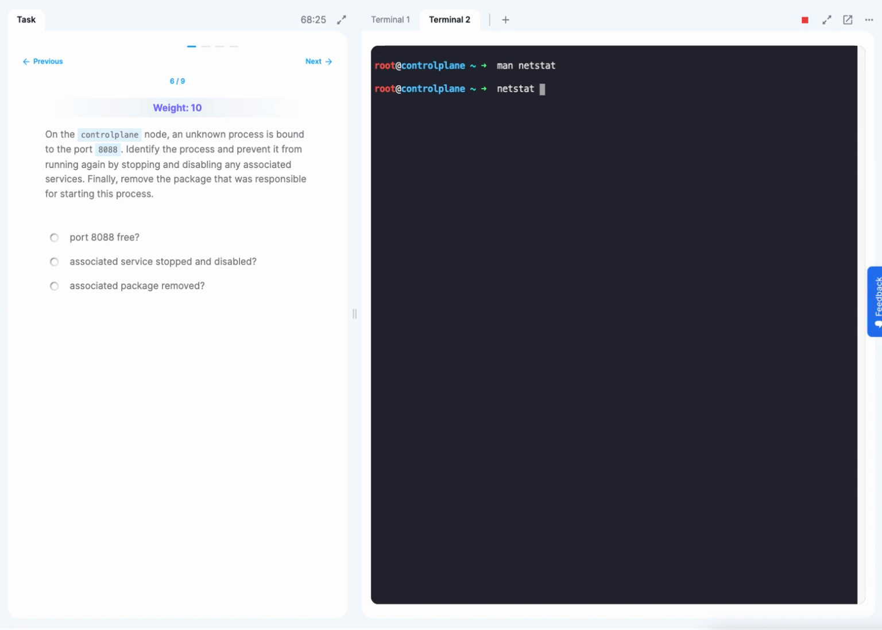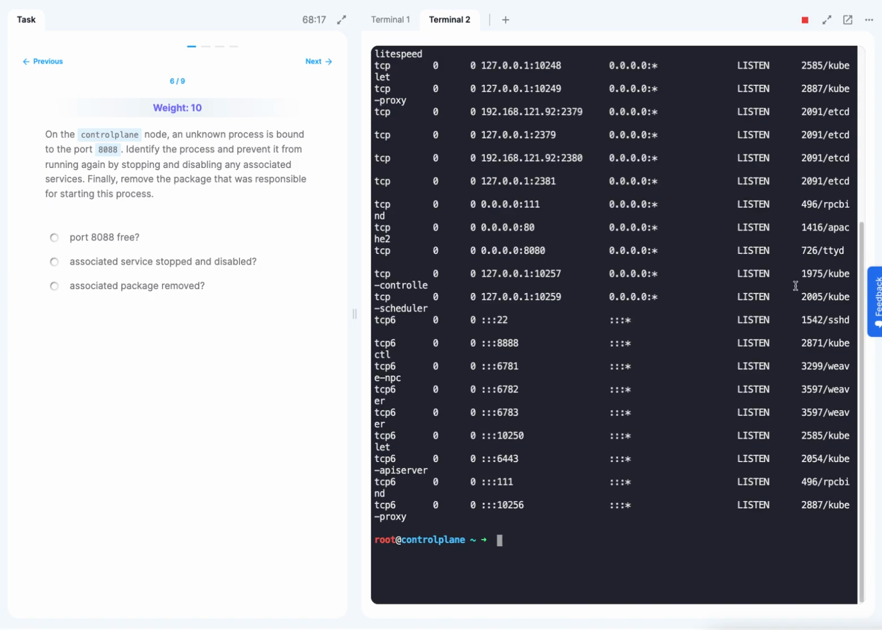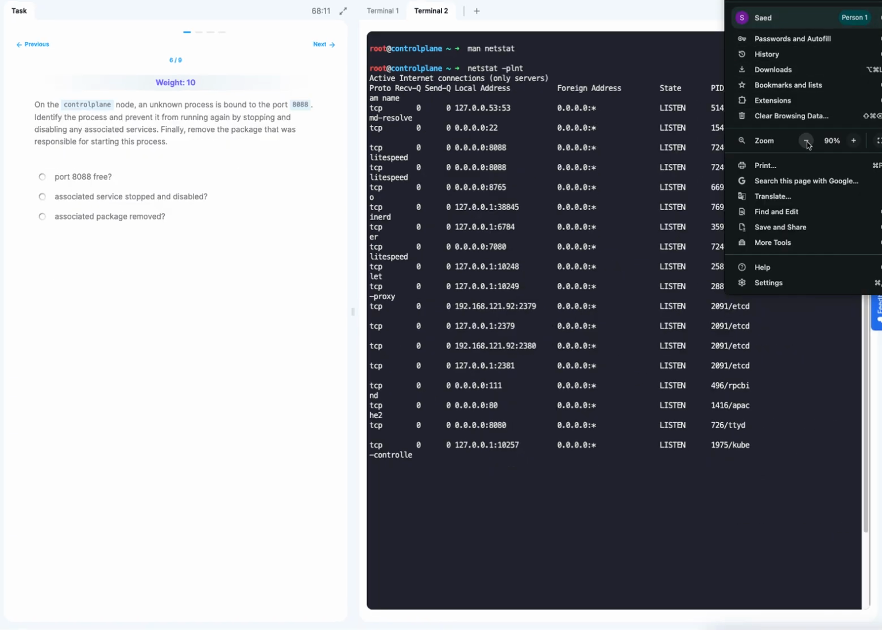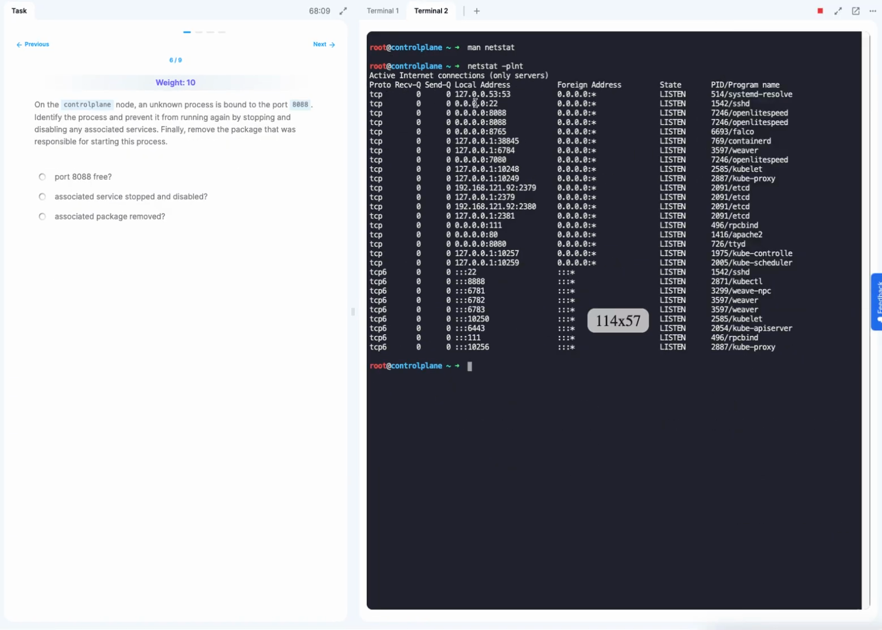Easy way to remember that is just think of "plant" without an A, right? What we can get out of that is we can have printed the protocol. If I zoom out slightly, here you go, you've got the protocol, the local address, the foreign address, the state it's in, and the program name. And we're looking for a specific port. So if we grep for port 8088,